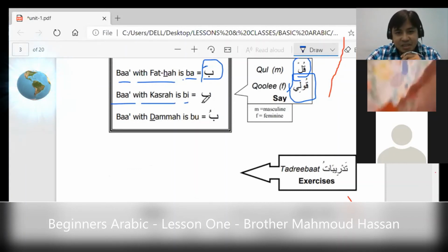The kasra you can see down. And ba with dhamma is bu, and you can see the dhamma here on top of ba, like a small waw. Now, how are we going to do that? Instead of saying ba with fatha is ba, what I want you to do is